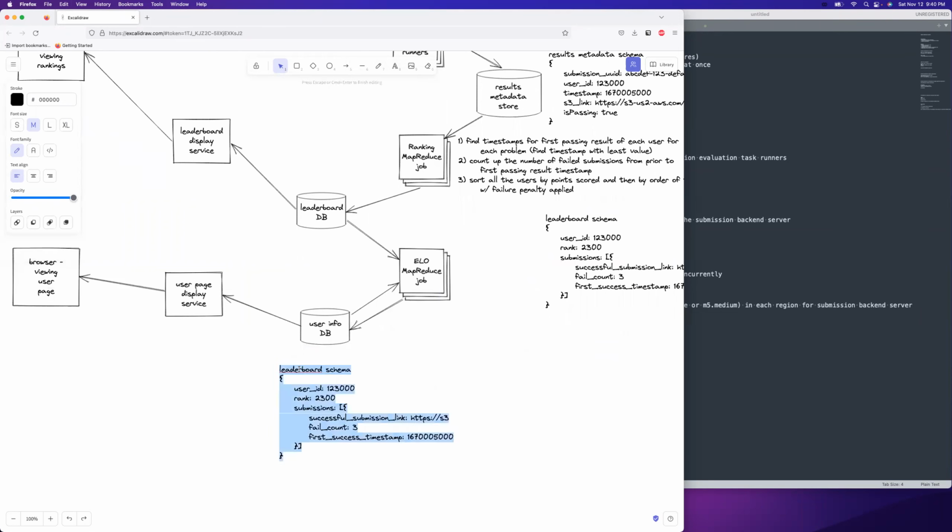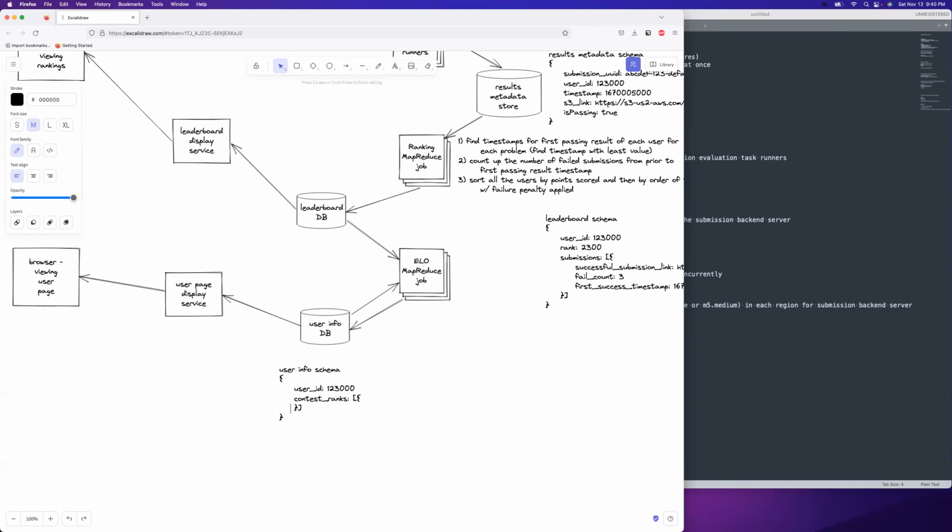So we have the user ID. We could have a list of, it does have each of your contest ranks. So we could have contest ranks,